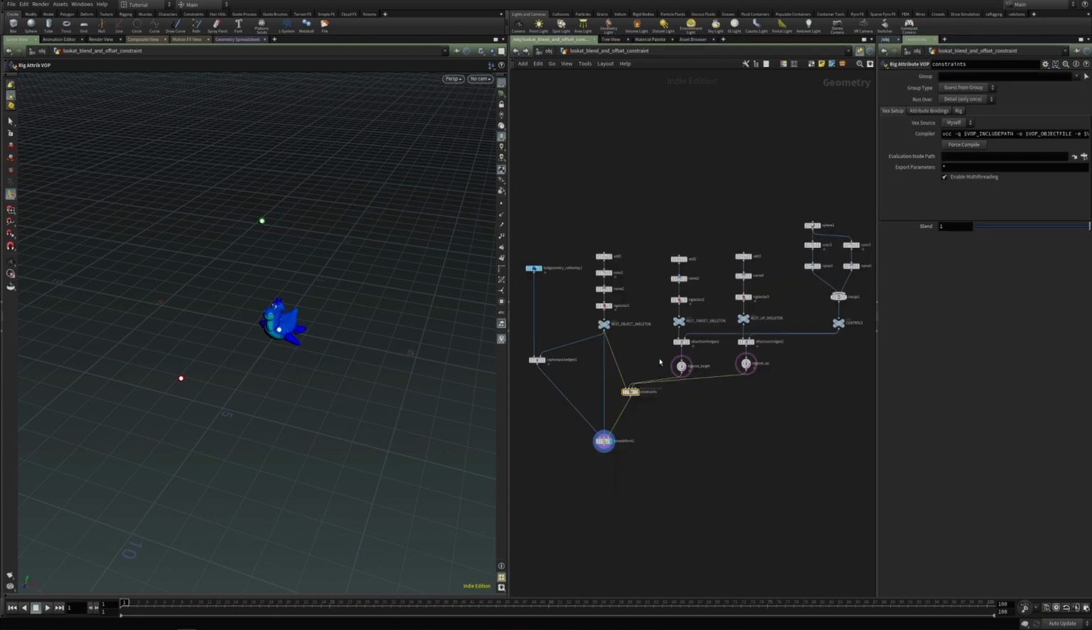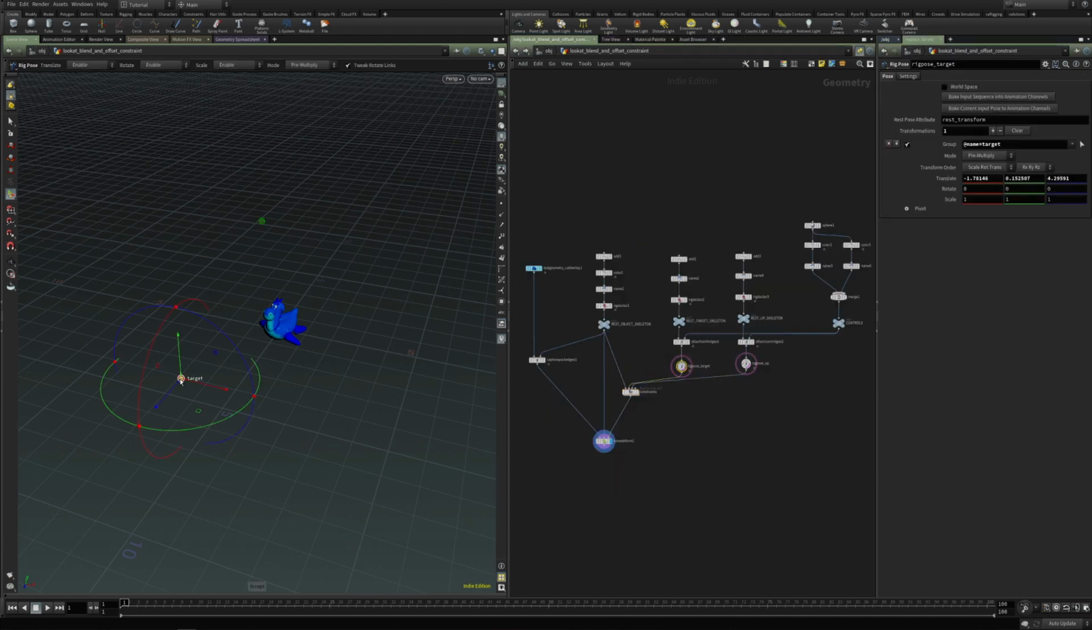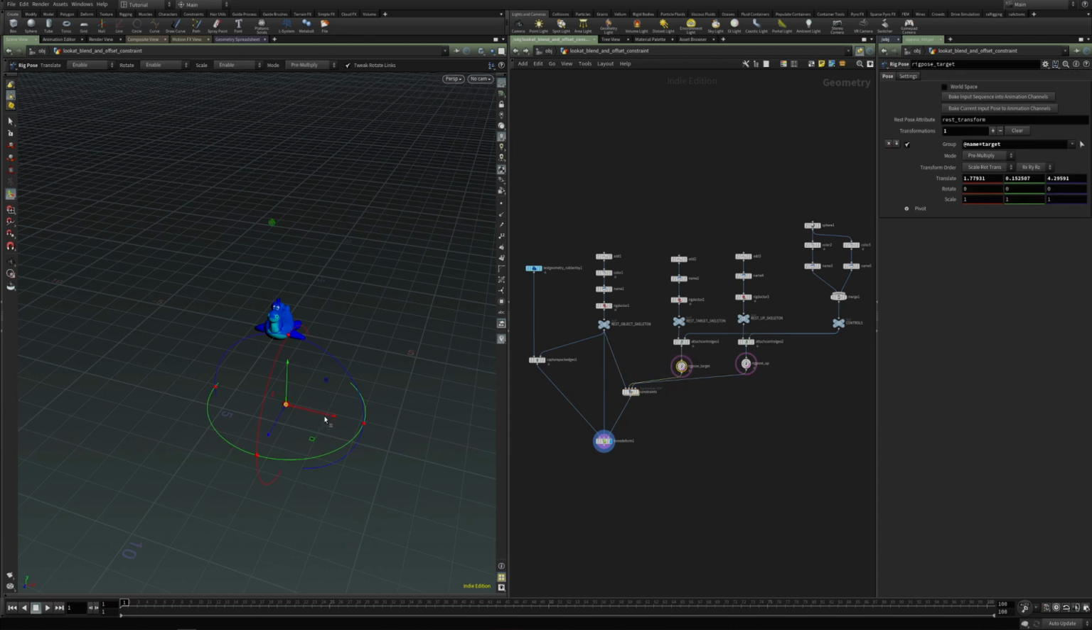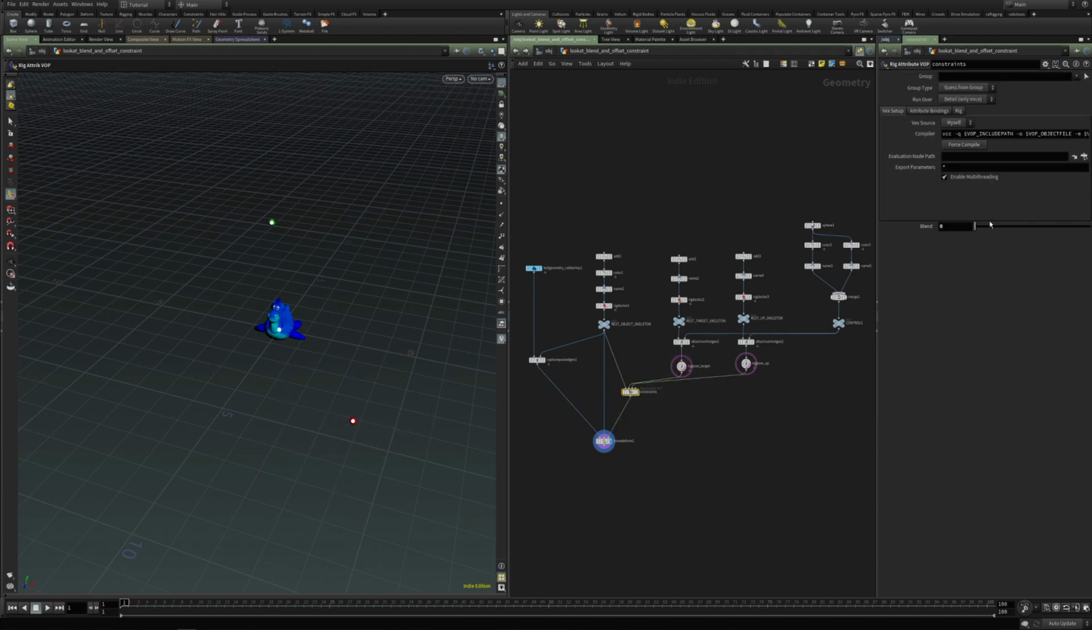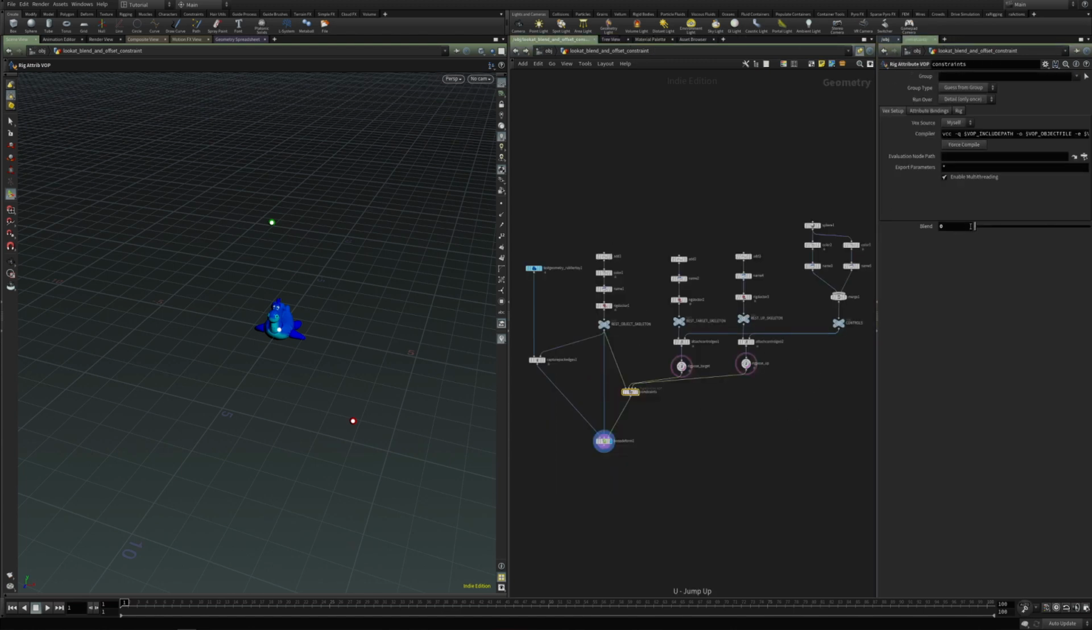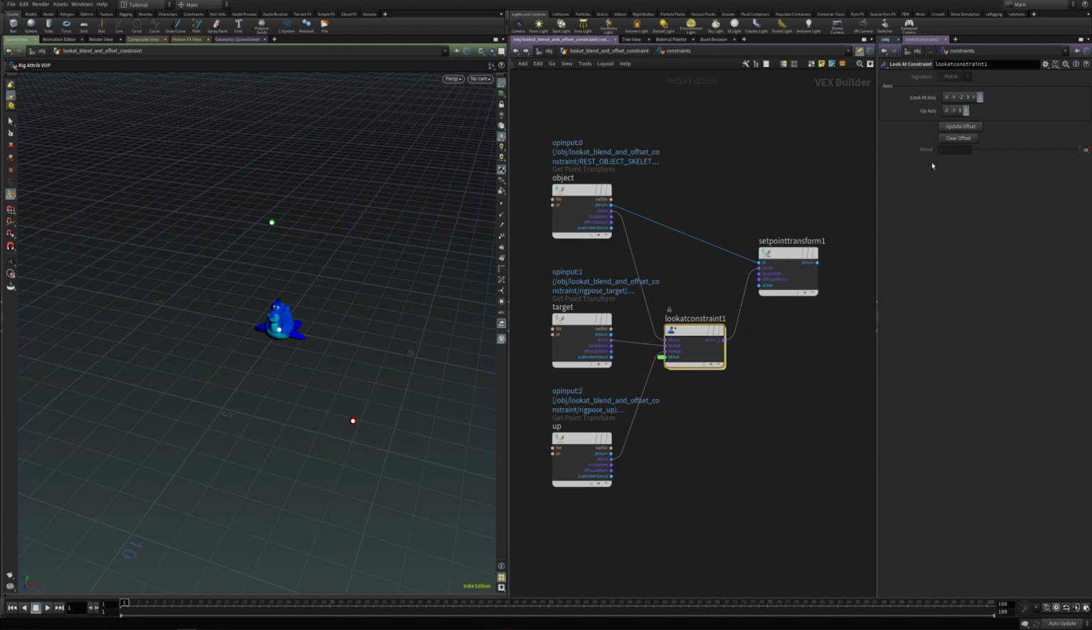Now, if you just test our constraint, we see it works the same way. But now we have the blend option, which blends from the default position to constraint position. And if we go back to constraints and update the offset, so first we have to set the blend value to 1 and update the offset, we see that